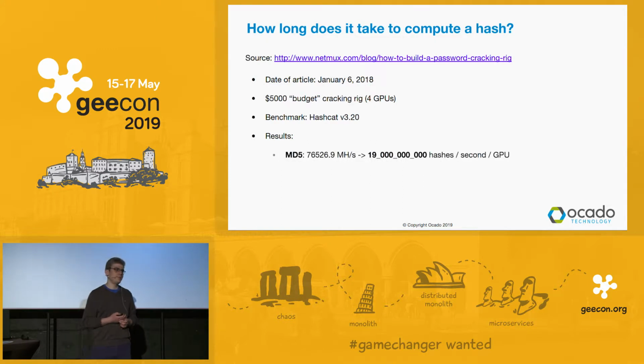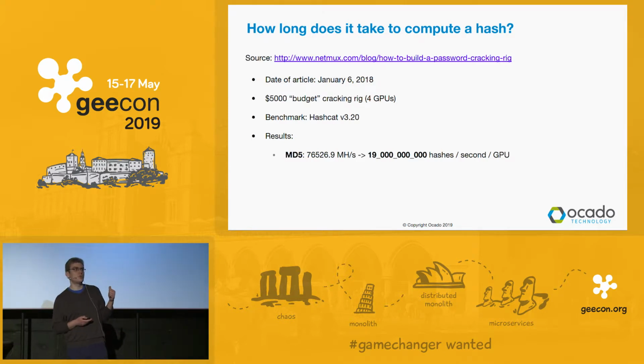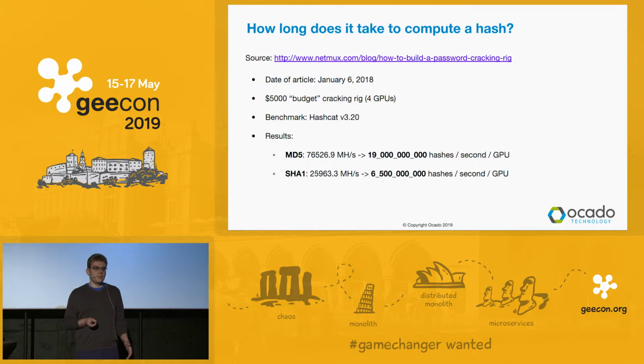For MD5, he got a result of 19 billion hashes per GPU per second. He had 4 GPUs, so multiply that by 4, and this is the result of this cracking: almost 80 billion hashes per second computed using GPU power. That's astonishing for me, really. Secondly, SHA-1. This is a little bit slower, but not that slow. It's like 3 times slower than MD5, but still,